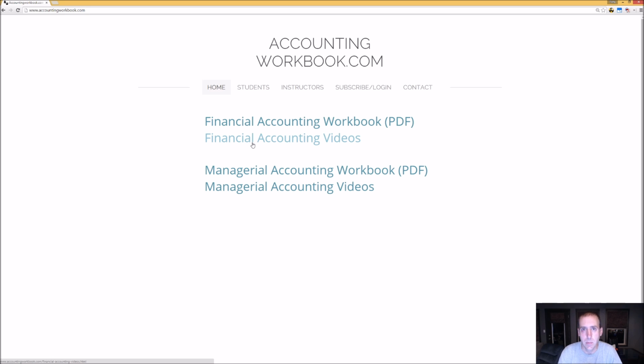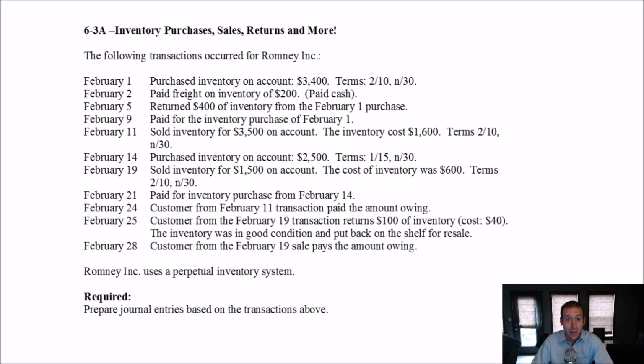All right, let's begin our problem. It's time to look at problem 6.3a. Inventory purchases, sales, returns. We'll look at discounts. We'll look at just about anything and everything that can happen to us as it relates to inventory. So a challenging problem that has us doing lots and lots of journal entries. Let's take a look. It says the following transactions occurred for Romney Inc. And there's a list of our transactions, and it says prepare journal entries for all of these transactions for the